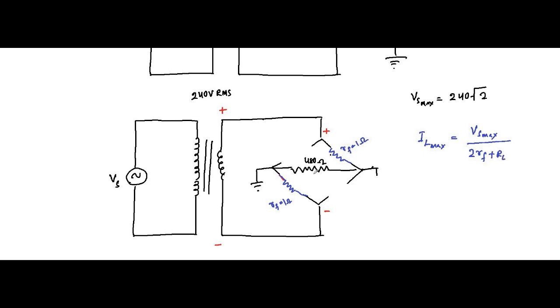Twice the forward resistance because two diodes are conducting, so 2 RF plus RL, which is equal to 240 root 2 divided by 2 into 1 plus 480,